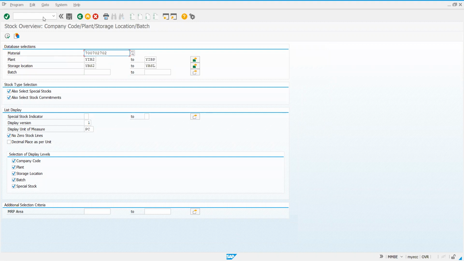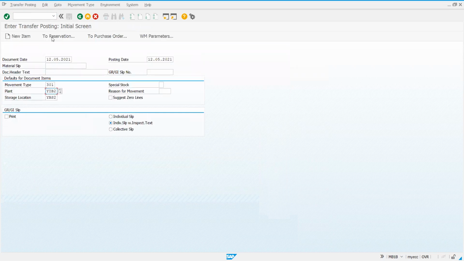Now I would like to demonstrate one more. Okay, I'll go to MB1B. Can you tell me any other material apart from that? 301 plant storage location remaining same. Any other material?